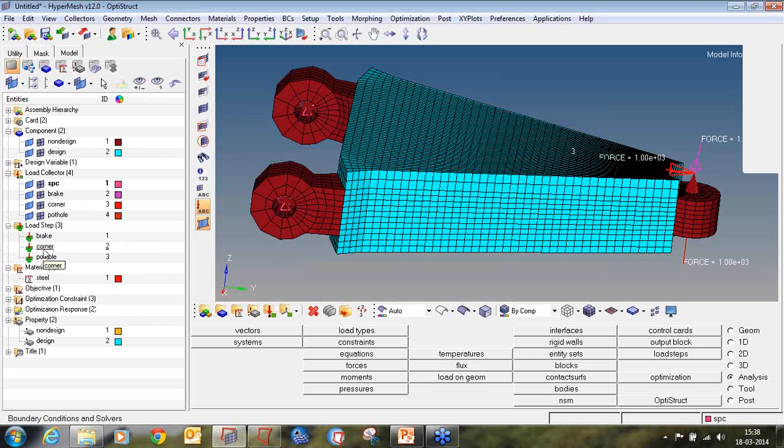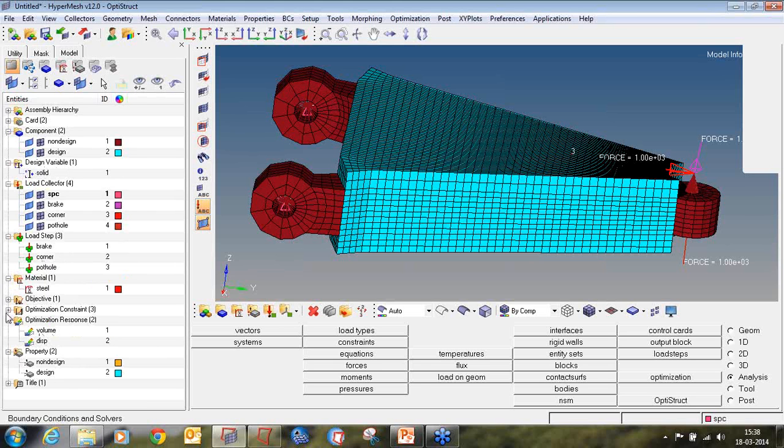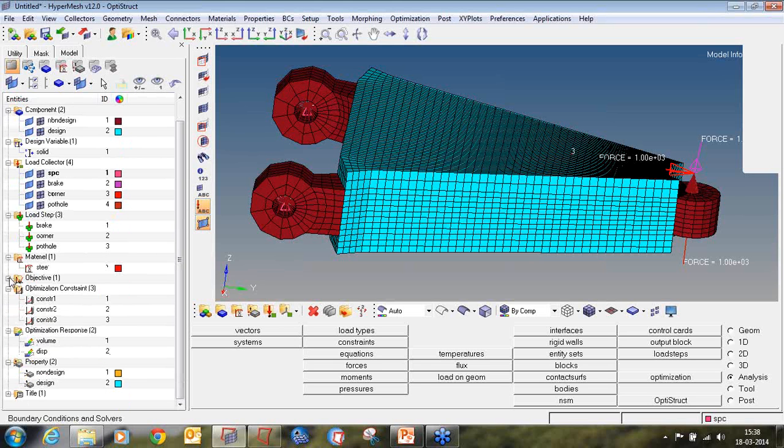As this model is an extension of the earlier tutorial file, my basic optimization process is also defined. So design variable is defined, my responses are defined, volume and displacement, my constraints are defined, and the objective is also predefined. So I will just update the manufacturing constraint parameters, that is symmetry and draw direction, and rerun the same model.